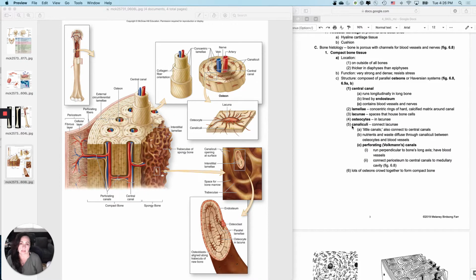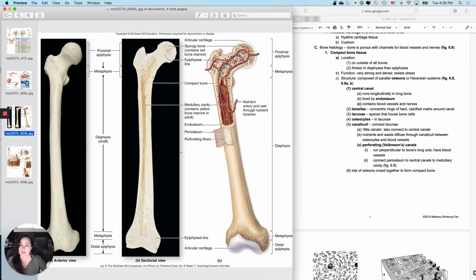All right, let's go through compact bone histology, a review quickly, and then compare it to spongy bone histology, which you haven't looked at before. Okay, so when we're talking about bone histology, compact versus spongy, remind you what compact and spongy look like. So compact would be this dense bone that's really thick around the diaphysis, and then spongy bone is up here